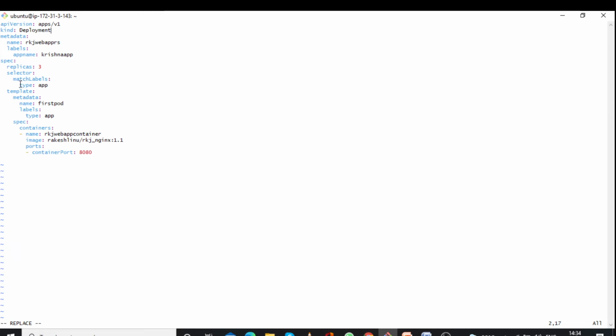So, that is why I have taken type equal to app. In the template also the label type equal to app I have taken. Okay. So, apart from that the kind is deployment, and the name will be RKJ web app RC. Okay. So, instead of RC let me change it.